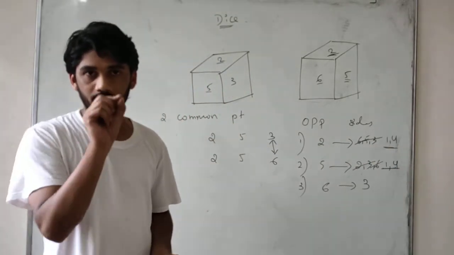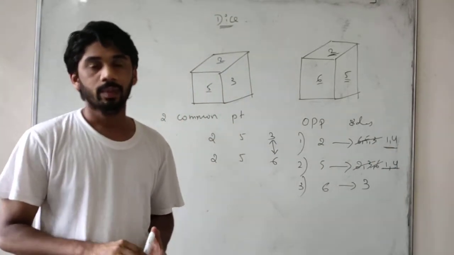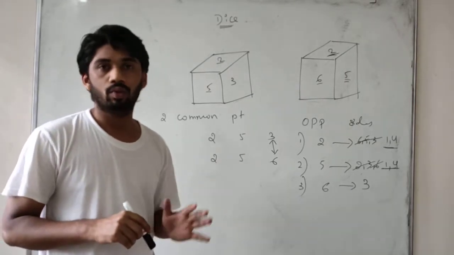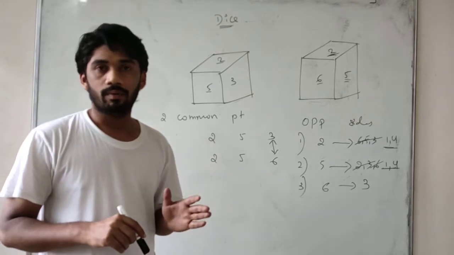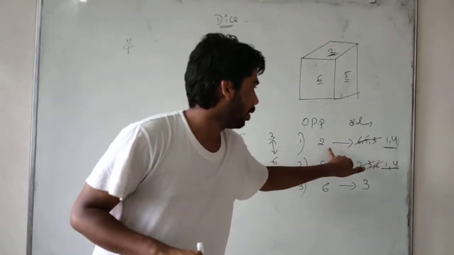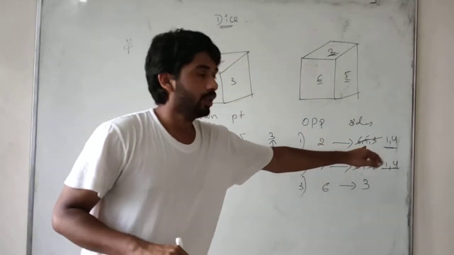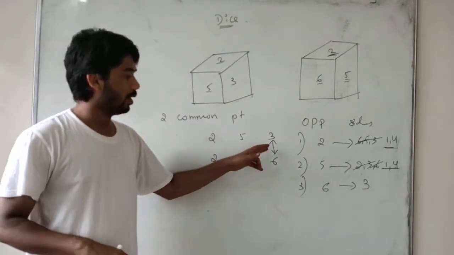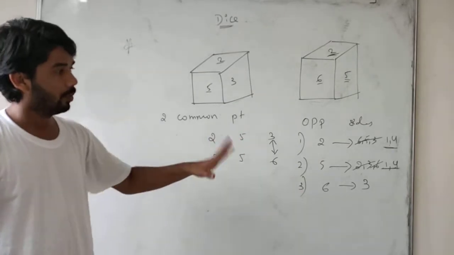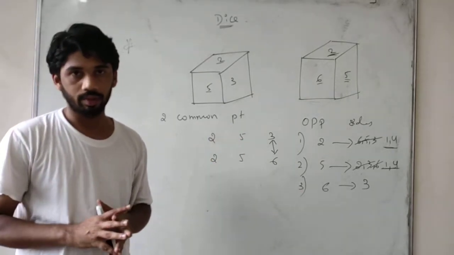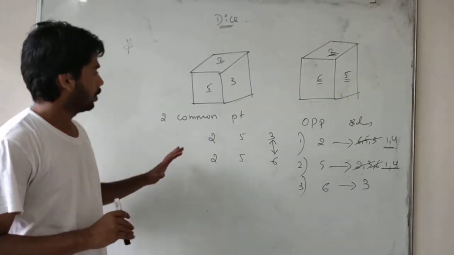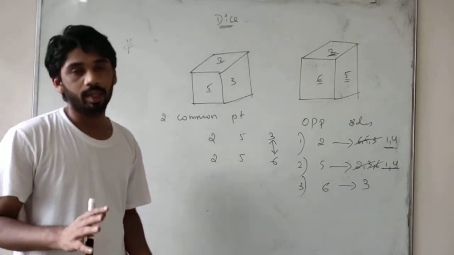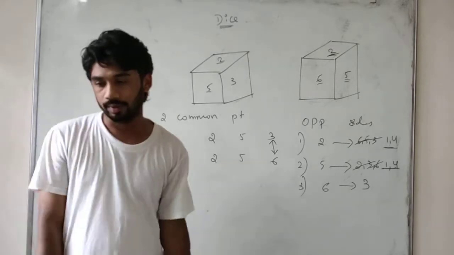In the railway exam, there will be 4 options, friends. In option A you have either 1 or 2, either 2 or 3, either 4 or 5. So your right answer for the opposite of 2 is either 1 or 4. In this way you have to solve it. For two common variables, one opposite you will get, and for the other you will not get, friends. Okay students, got it? Note it down, friends. I will give you an example of it so that it will be helpful for you.